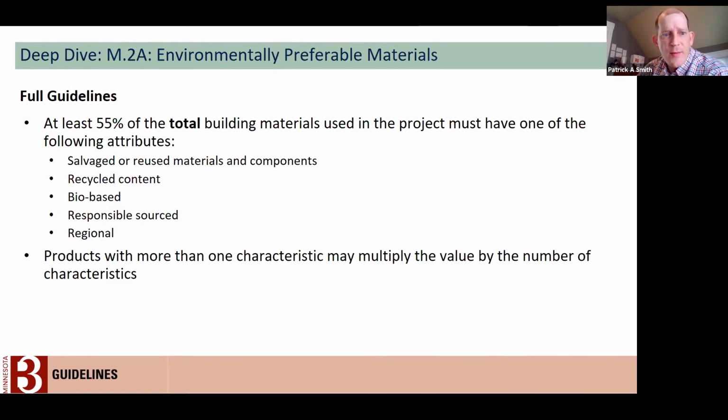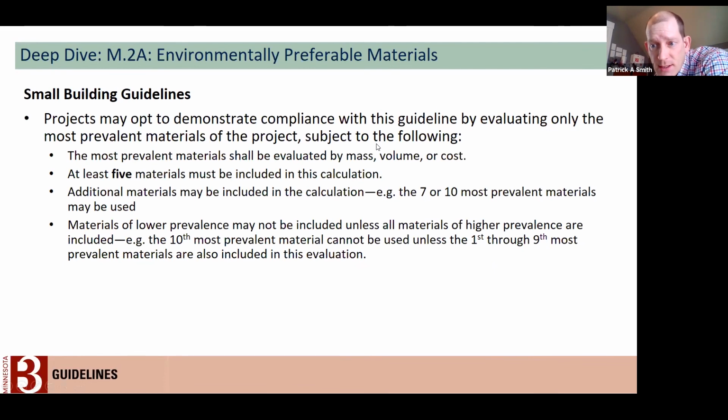M2A, at least 55% of the total building materials used in the project must have one of the following attributes. And this is the guideline that scores the number of contributing attributes can be multiplied by the contributing percentage. If you want to hop to the next, we're now looking at the top 5 materials by mass, by cost,